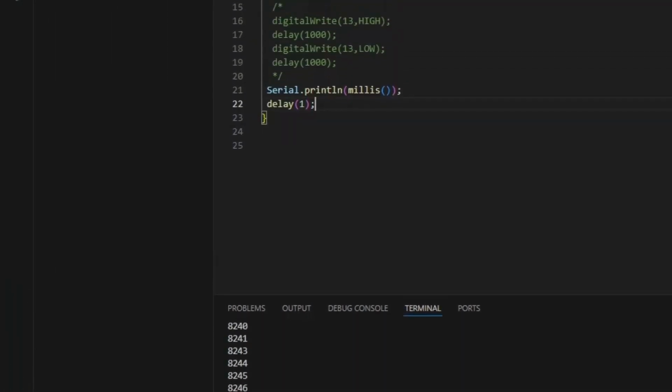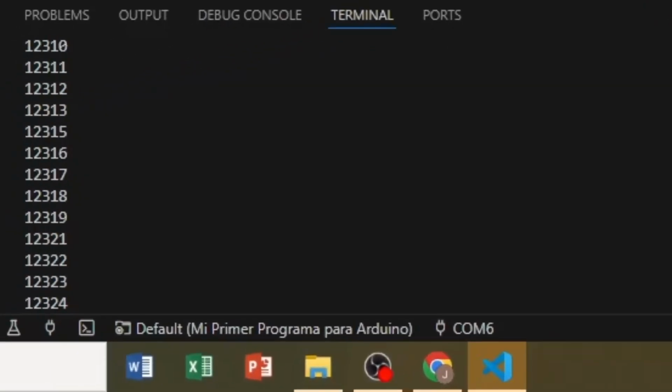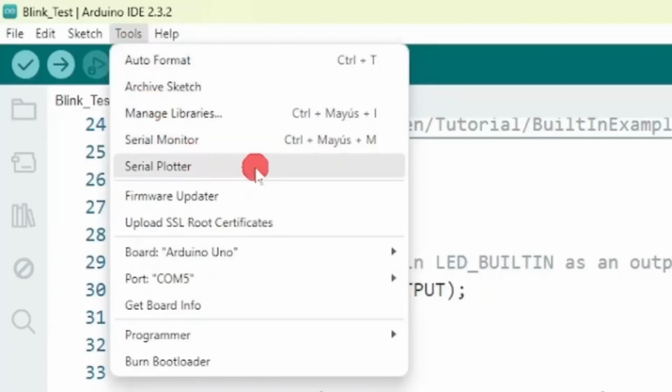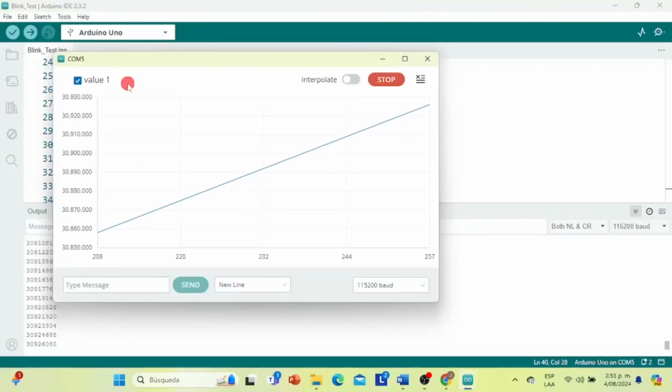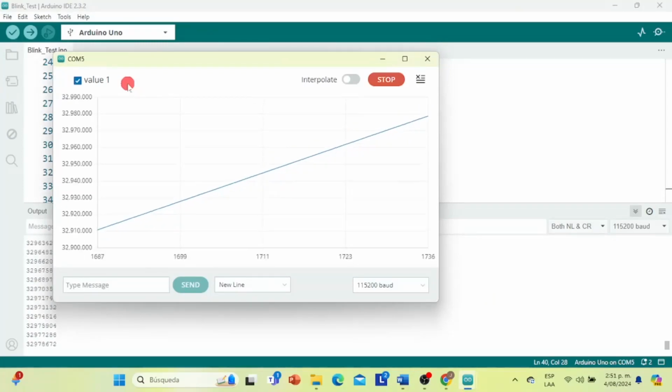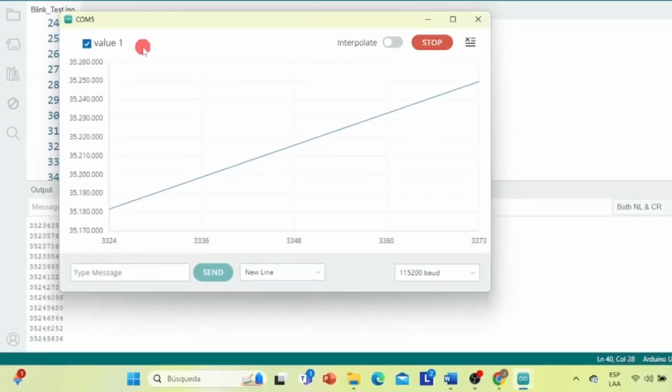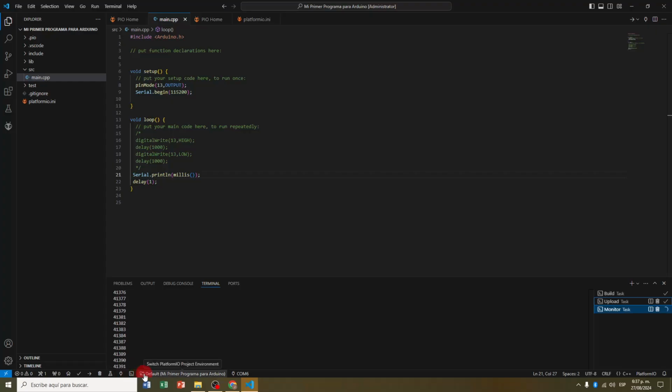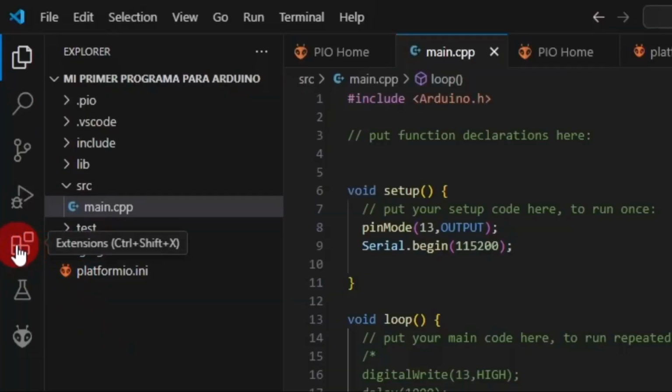However, in all the exploration we have done so far of the Platform.io graphical interface, we have not seen how to illustrate this same serial monitor data graphically, such as the serial plotter tool that we already know in the Arduino IDE development environment. The reason is that there is not one so far. Platform.io does not have a built-in serial plotter, so we go to the extensions option of our Visual Studio, and